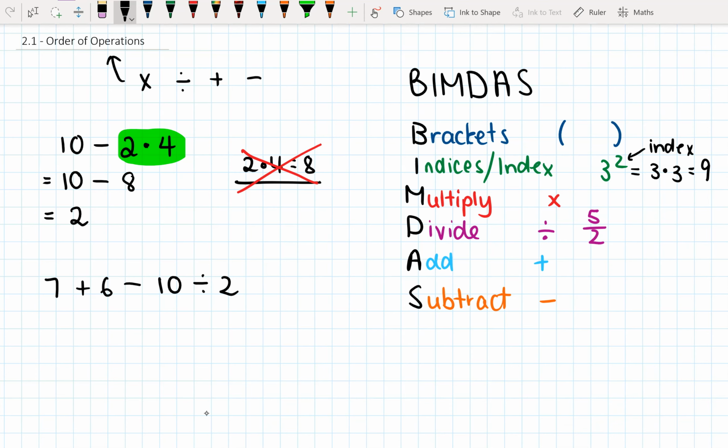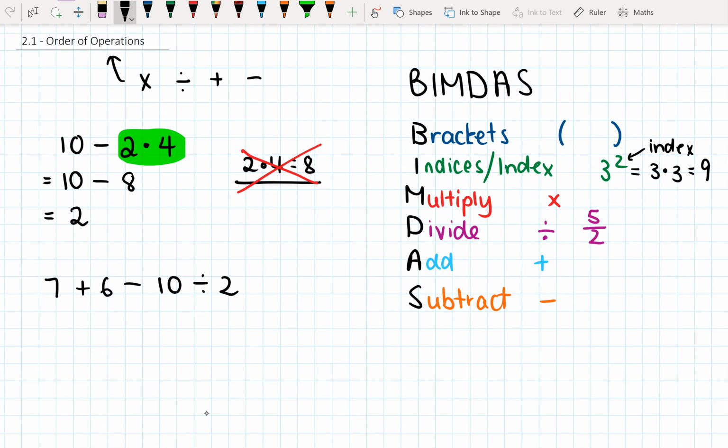Let's have a look at this one. For most of them at the moment, you won't have an index, so we can pretty much skip the index line, and we're not going to have many with brackets, but you might see some. Okay, so let's have a look. We have here